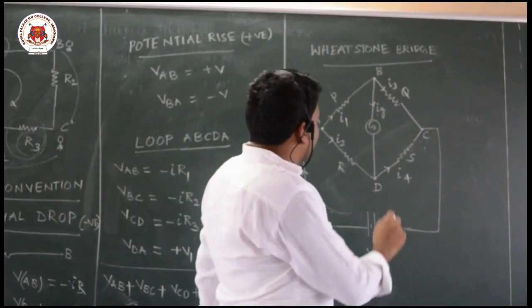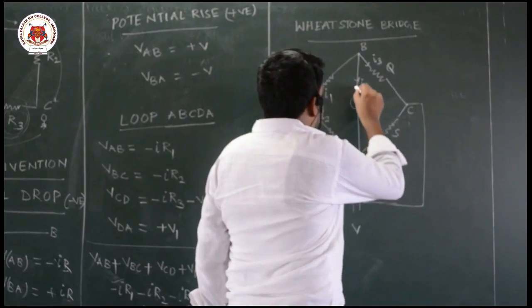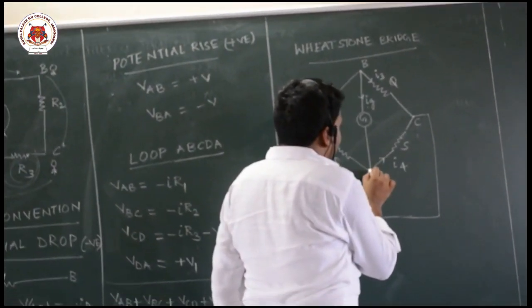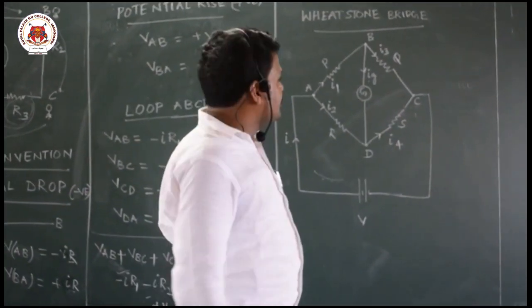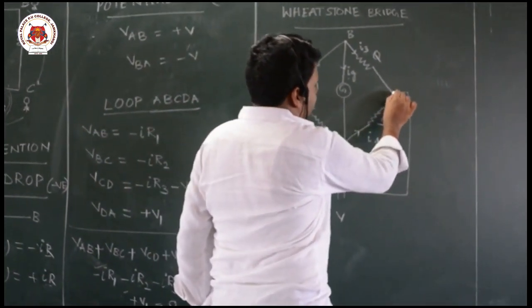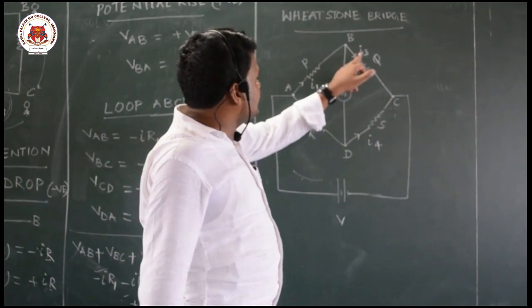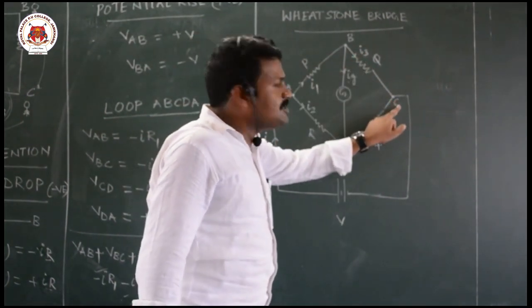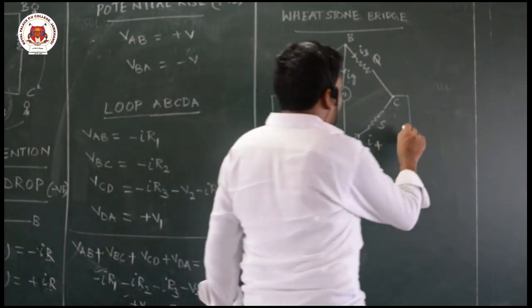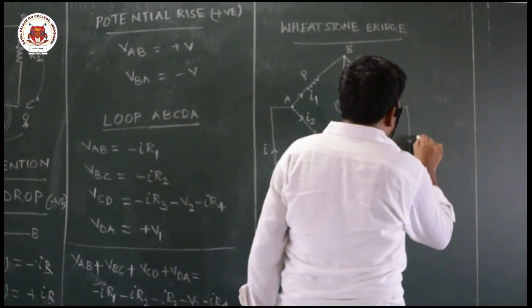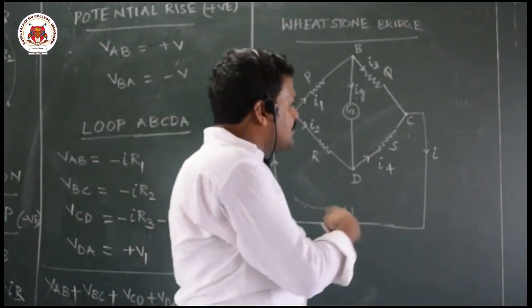The reason is, if I give it from C to D, Ig will enter the junction, I2 also enters the junction, I4 also enters the junction. So there is no condition to leave. Now when you come to junction C, I3 is reaching the junction, I4 is also reaching the junction. So in total it comes out, and the total circuit current will circulate as I.